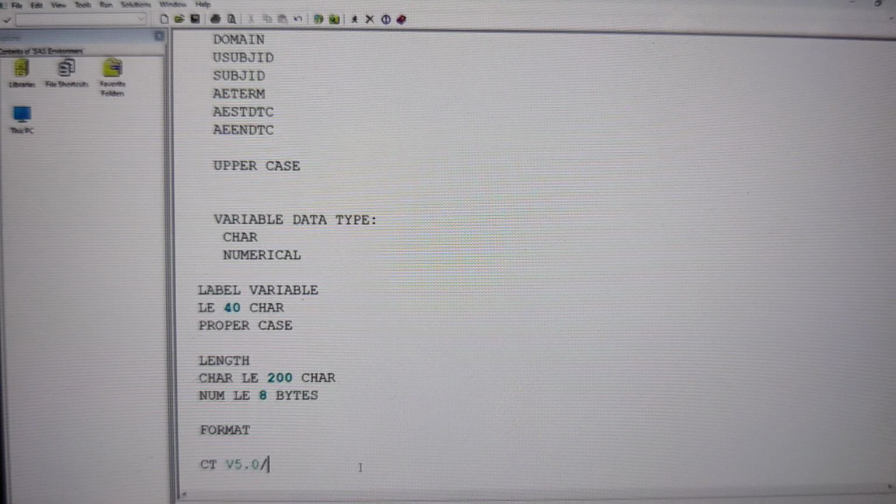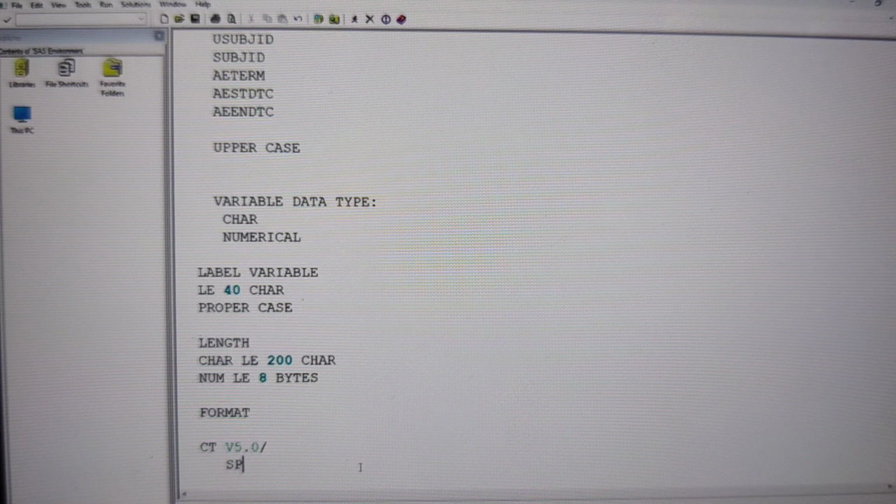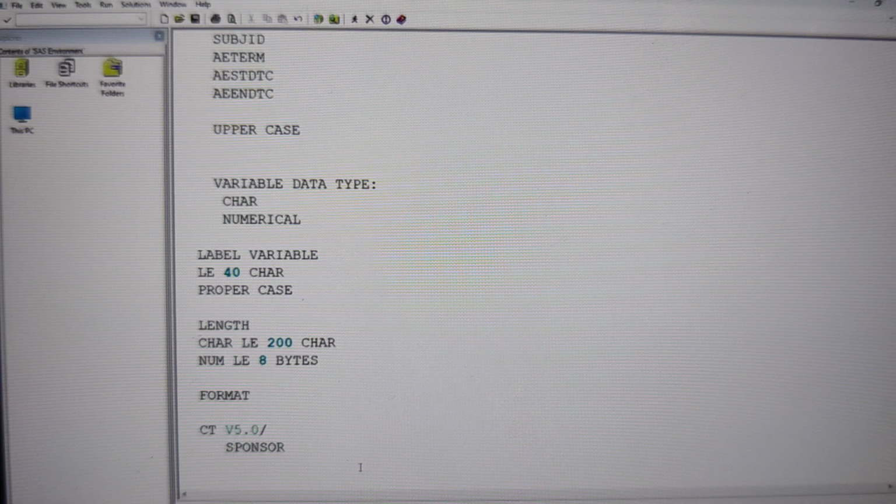Now, along with the CDISC controlled terminology, the sponsor is also going to provide some controlled terminology, and that is called sponsor controlled terminology. And in future, we are going to have adverse events and laboratory data. For adverse event and laboratory data, we have adopted some controlled terminology from the National Cancer Institute, and that is called Common Terminology Criteria for Adverse Events, CTCAE. We don't need to worry about that, but I'll explain everything during those domain explanations. So CDISC can propose some controlled terminology, the sponsor is also going to give their own controlled terminology, and along with that, for adverse events and laboratory data, to determine the toxicity grades, we follow a controlled terminology called CTCAE.